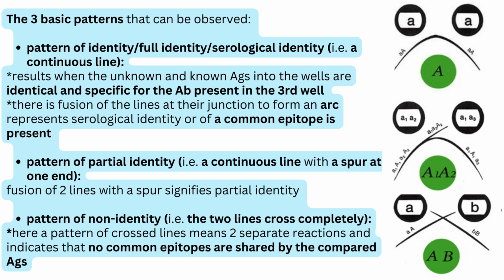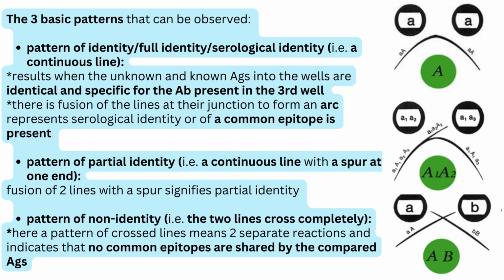How about the pattern of partial identity? This is very iconic: a continuous line with a spur at one end. There is fusion of two lines with a spur. This will surely entail partial identity. Again, pattern of identity, pattern of partial identity, and we also have the